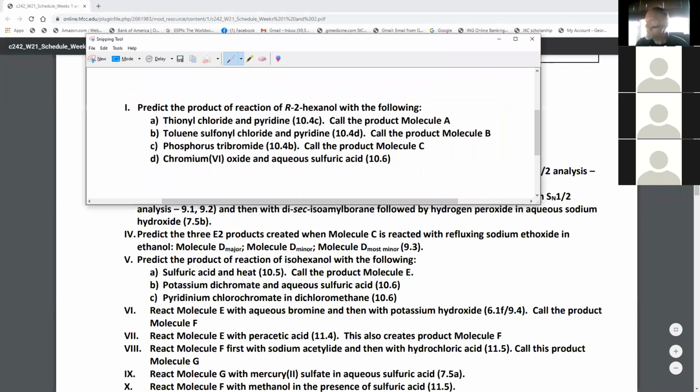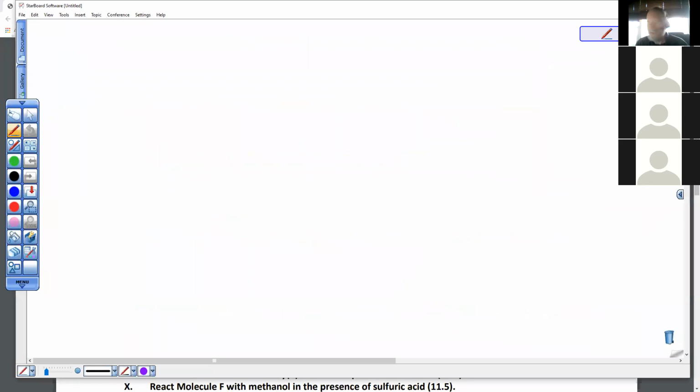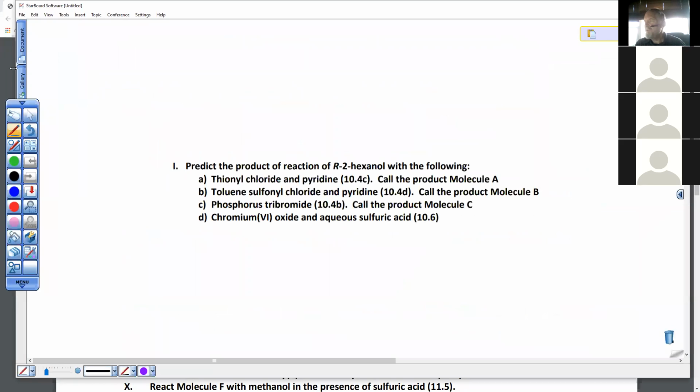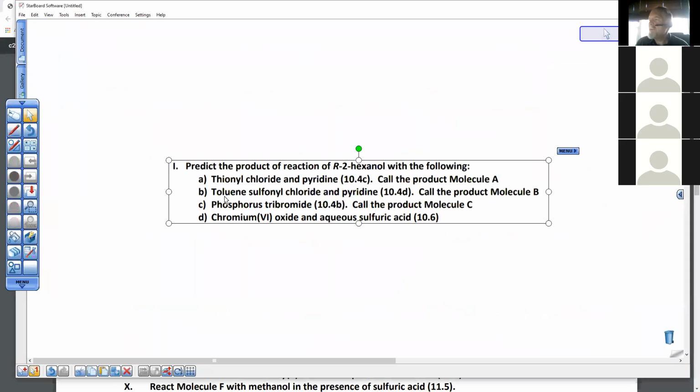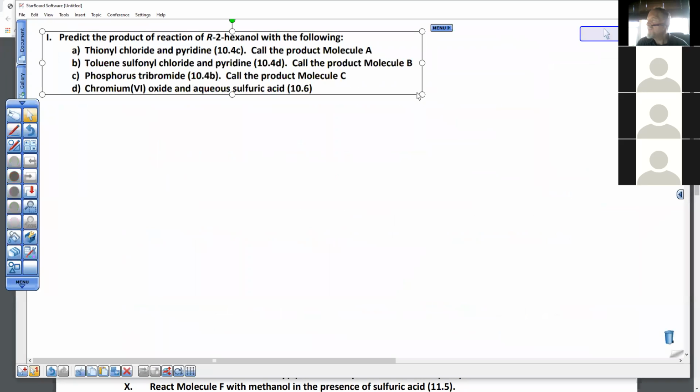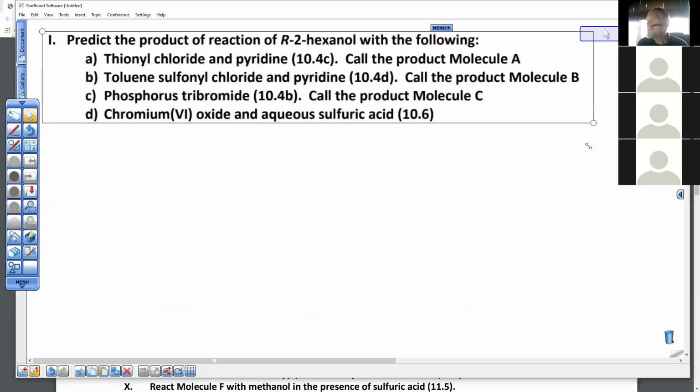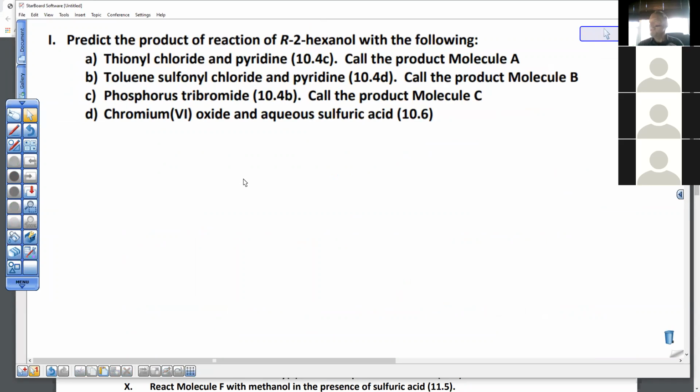Doctor, quick question. Is this going to be actually something that we have to submit, or is it just for reviewing? This is for reviewing only, but it gives you an idea about the problem sets. You'll notice it's very similar to problem sets you guys did for the other course.